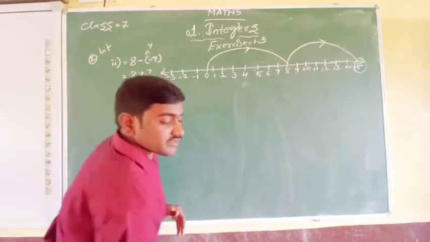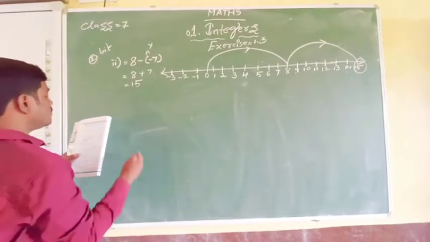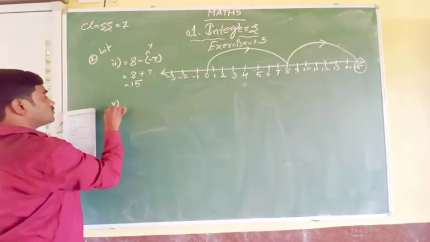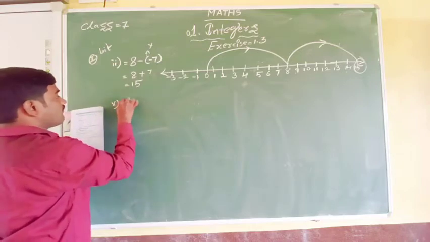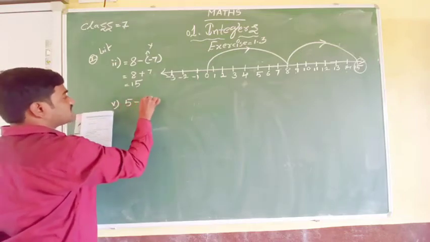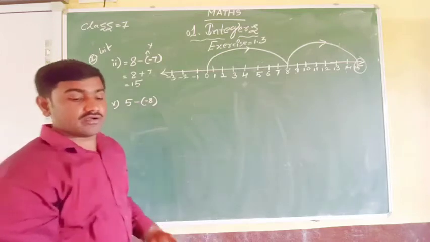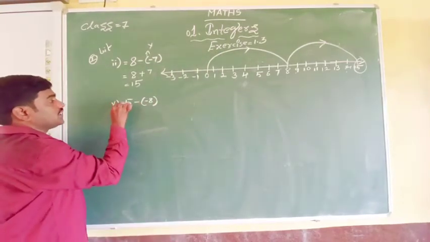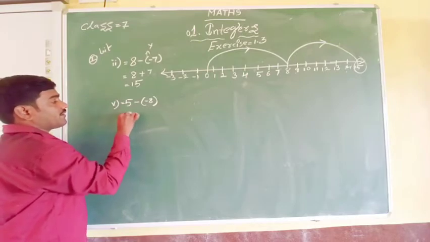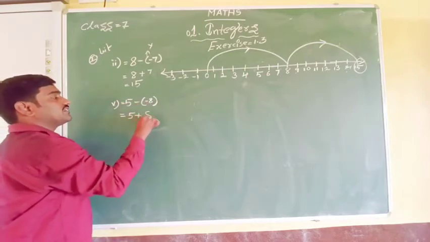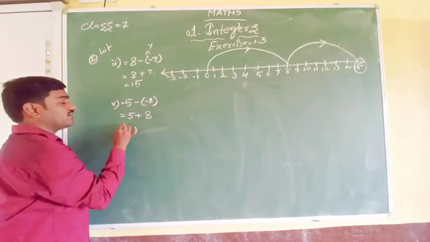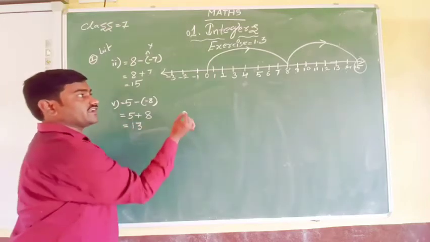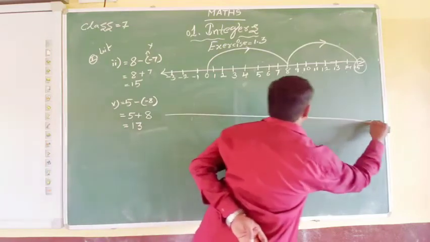Yes, let's see some more questions so that we can understand the same. There is a fifth question I am going to solve here. 5 minus of minus 8. In the same model question I have taken here to clarify your doubts once again, if at all you have any kind of doubts here. Let me solve here. 5 minus into minus is plus 8. 5 plus 8 gives us 13. Will we get the same 13 on the integer number line or not? Let us see.